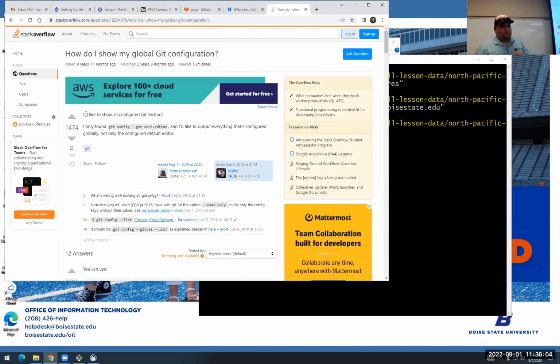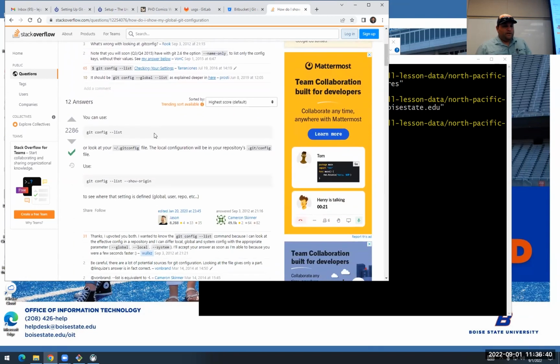okay, so you'll see this question. I'd like to show all git configured sections. I only found git config core.editor. I'd like to output everything that's configured globally, not only the configured default editor. Okay, so this sounds close enough to my question, in that if I can display all of the global settings, among them are the name and the email address, then if this was successfully answered, this solution is good enough for me. So I'm going to scroll down, and here is an answer, and it says you can use